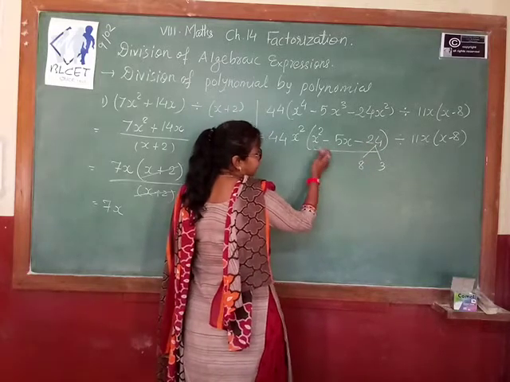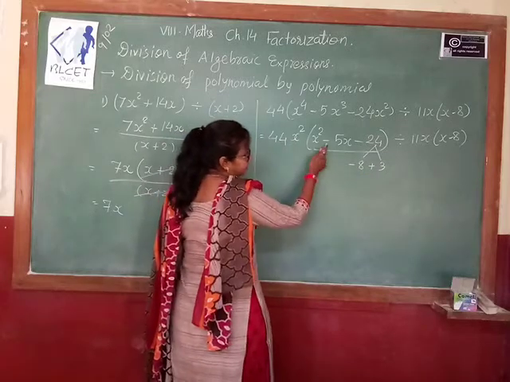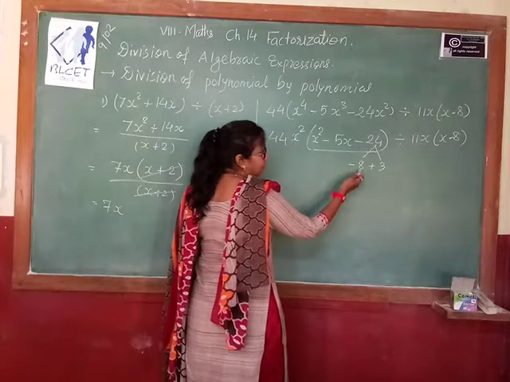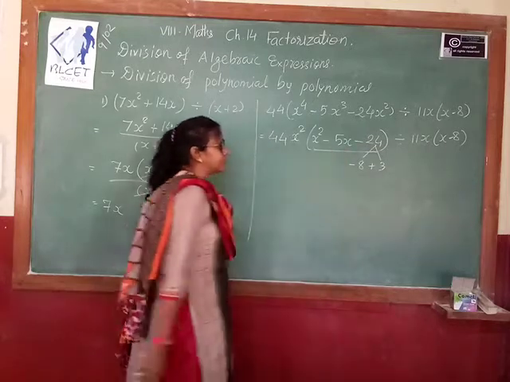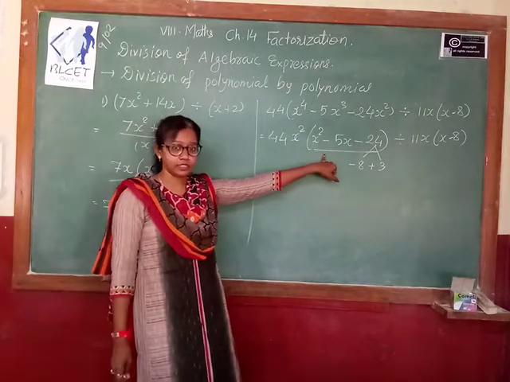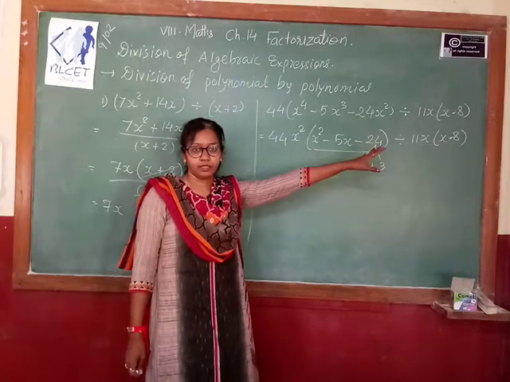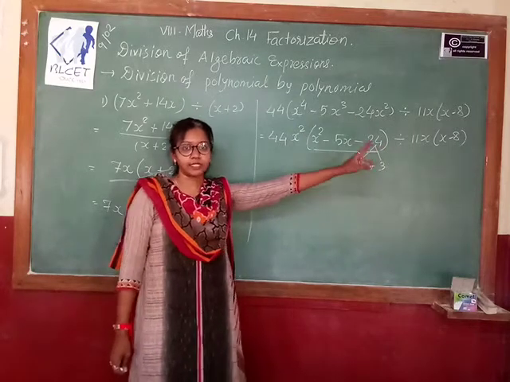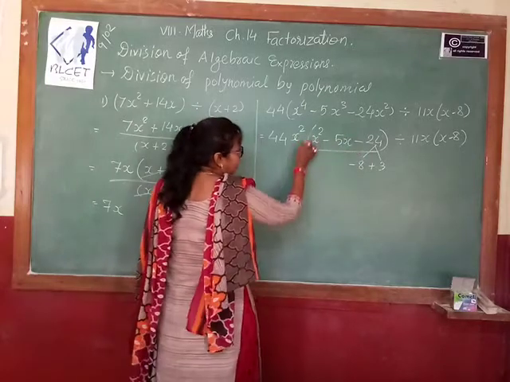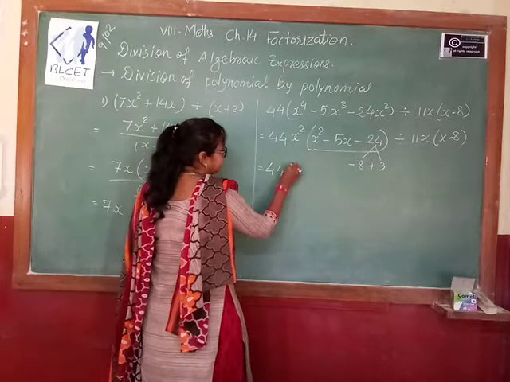So what do we have to do? Minus is there. So minus 8 plus 3 will give you minus 5, and minus 8 into 3 will give you minus 24. The last method that we have seen is how to do the factorization when your last term is not a perfect square. We did x plus a, x plus b, that method. So we solve now only this bracket. Remaining all the terms remain as it is.